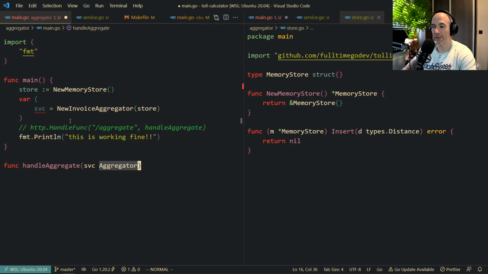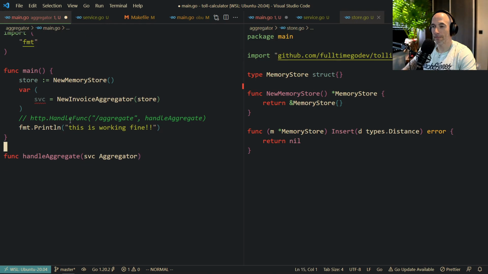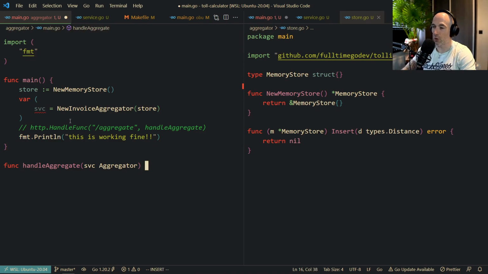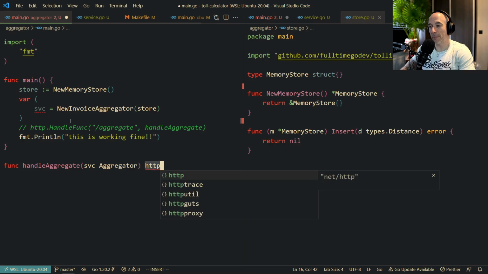Yeah, that's fine. Wait, because you cannot attach the HTTP transport to the invoice aggregator interface. That's something you cannot do. That's no. We could do something like an HTTP handle func,